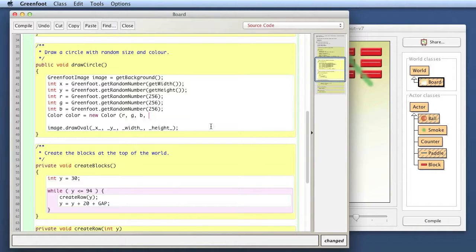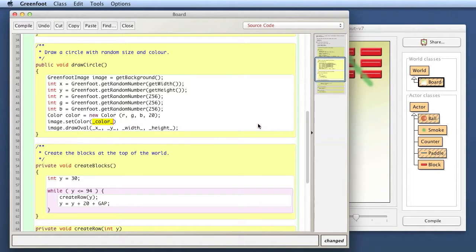then the fourth variable is the alpha value, that is how transparent it is, and I want that fairly transparent, so we can play with that later. I just make that 20, and I'll show you in a moment what the effect of that 20 is. That the transparency value is, how solid or how transparent, how see-through it appears. So this gives me a color with a random hue, so that is a random color value, and a fairly transparent one. And then I say